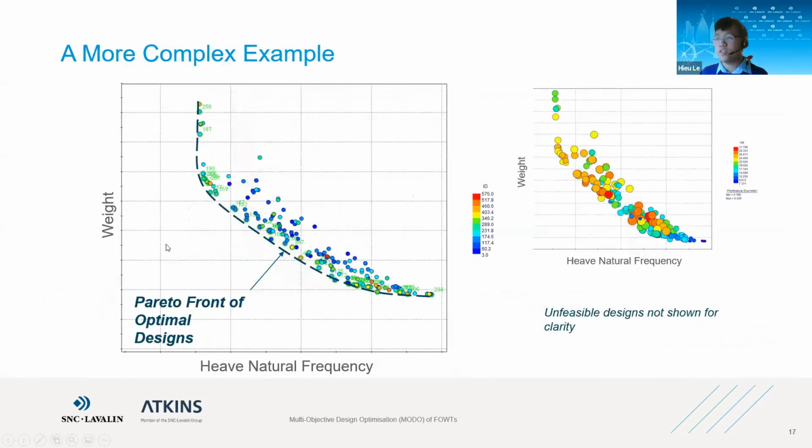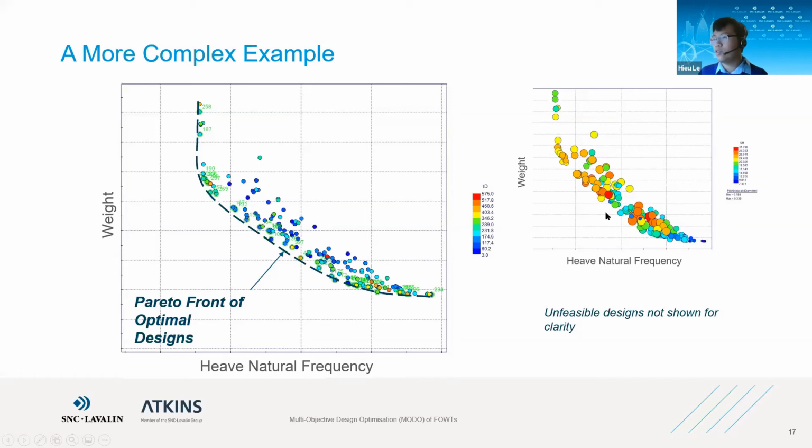However, in this slide, it's more complex, where we try to optimize with four objectives: weight, heave natural frequency, the GM, and then the small one here, which is called the pitch natural frequency. So as you can see in here,